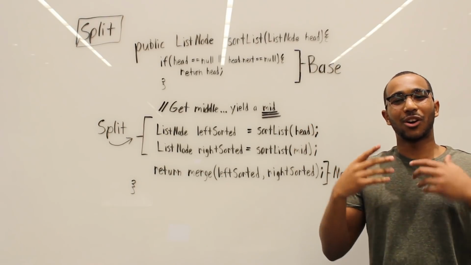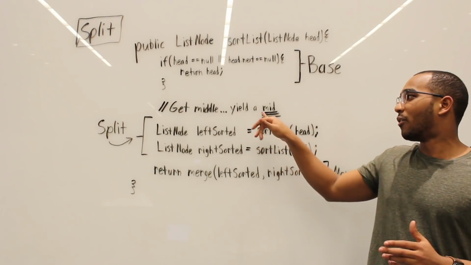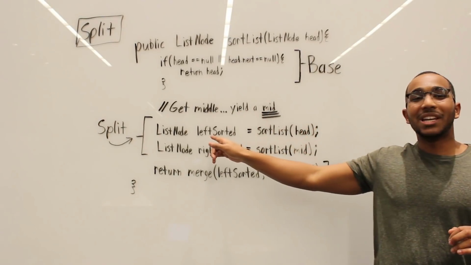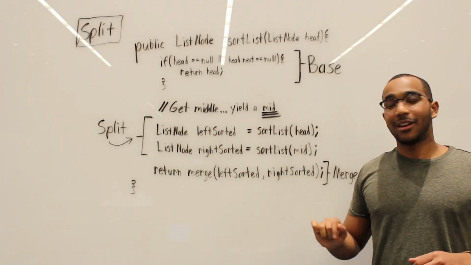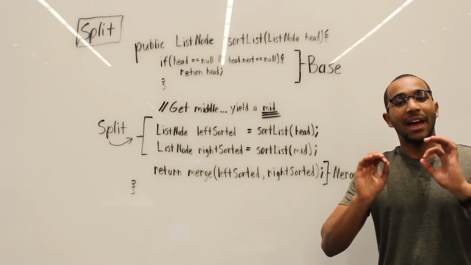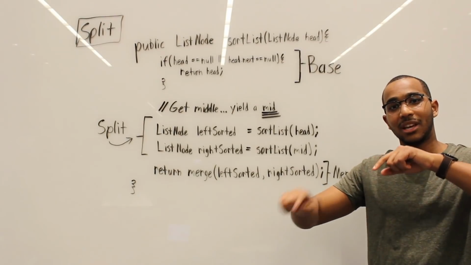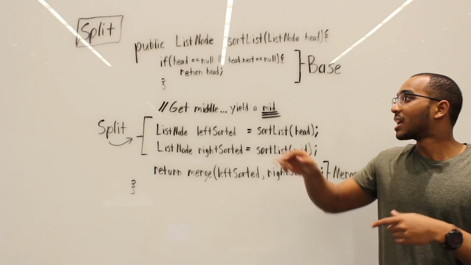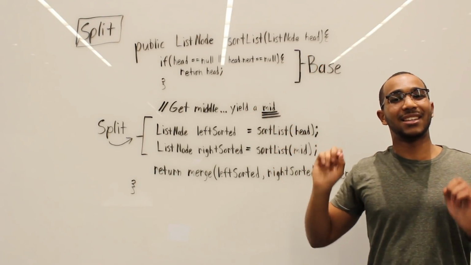But what do we do in the recursive case? Well, all I need to do is find the middle. Since this is a linked list, we'll have a reference to the middle node. Call it mid, okay? So what we need is the split step. We need to sort the left half, we need to sort the right half. I call this function on itself. So do you see what's happening? Every stack frame has a responsibility. Its responsibility is to split left, split right. Split left, split right. We will keep splitting until the base case says, I know the answer, and then it pushes back upwards with a single item.